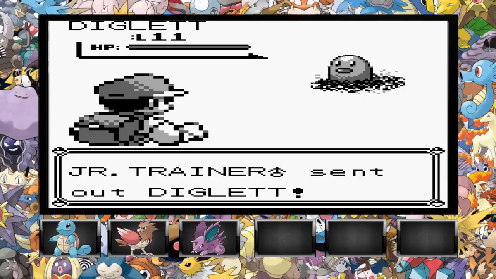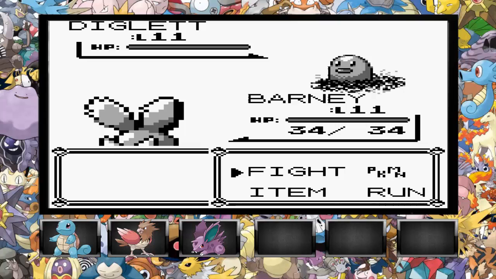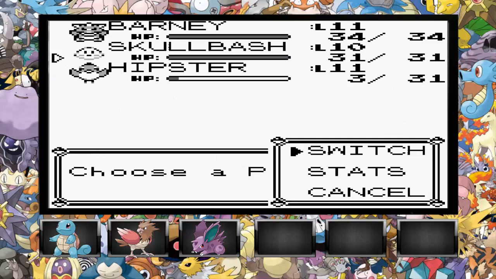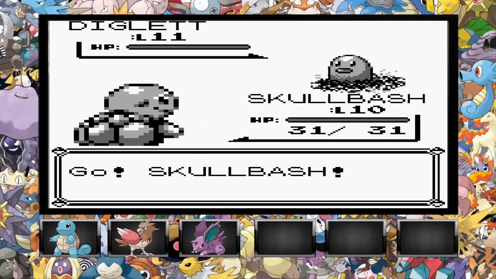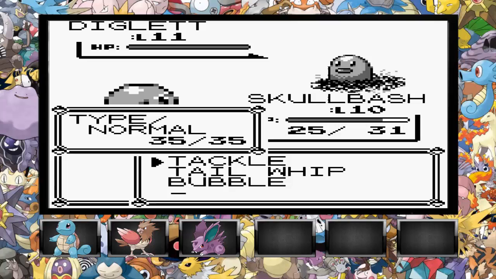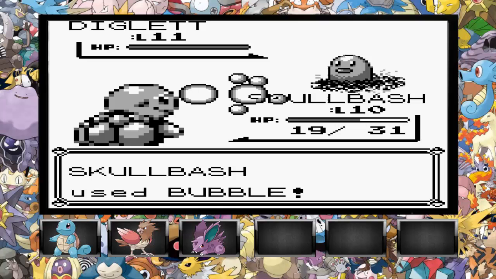Here's a Diglett. Now that's a Pokemon we have not seen yet. I don't think you actually see any of the Pokemon that these guys have in this gym. I forgot to switch out. I don't know why. But what I did was I ended up leveling up Hipster and Barney, I'm forgetting the nicknames already, because I knew that Skullbash is going to be the MVP for this gym, since he has water-type moves, which I